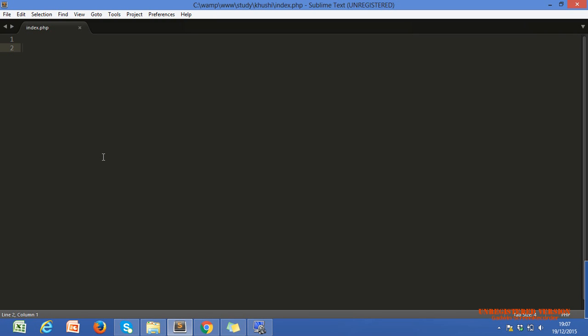So PHP provides us some inbuilt, predefined functions to connect with our database, which work like drivers.